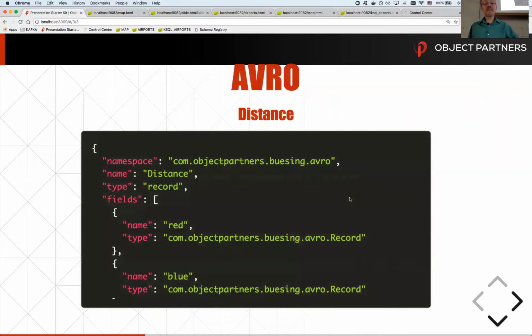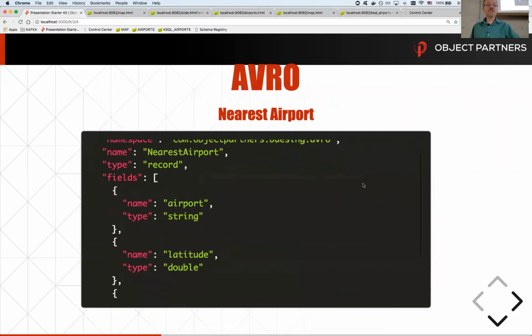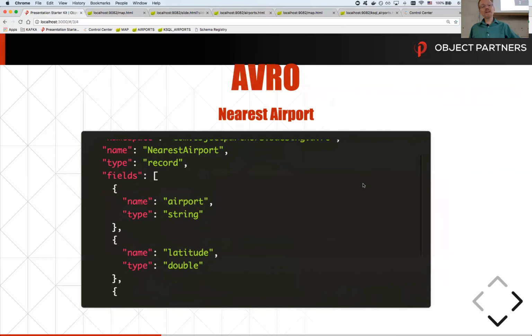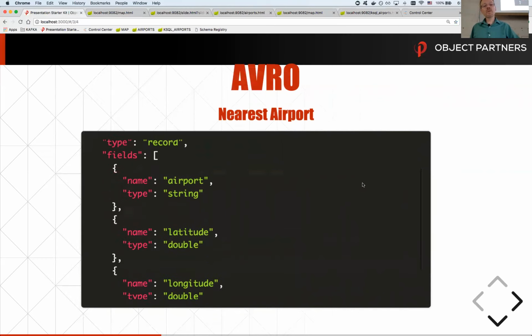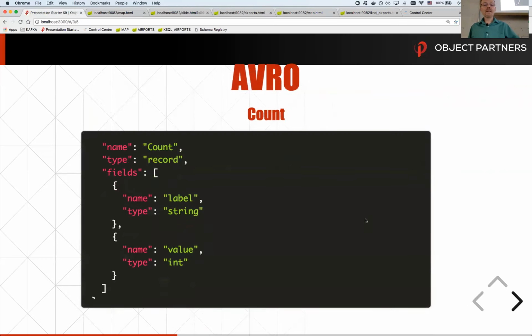I create a distance record for storing the distance between a red plane and a blue plane. I also then have a nearest airport. I can provide back a complete structure of the airport code and the lat long. And finally, where I showed the count of aircraft in there, I created an Avro for that.